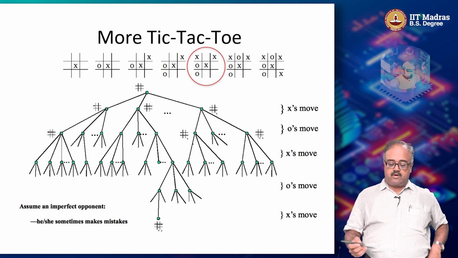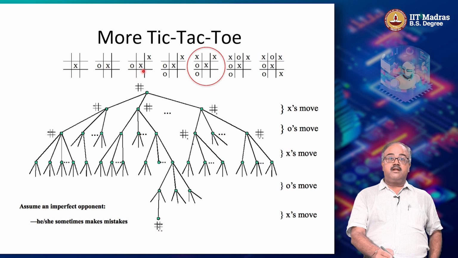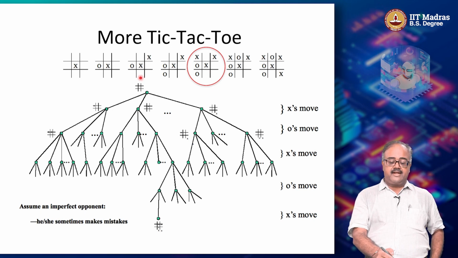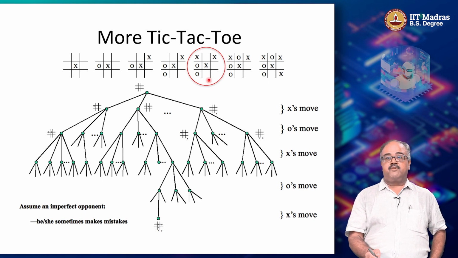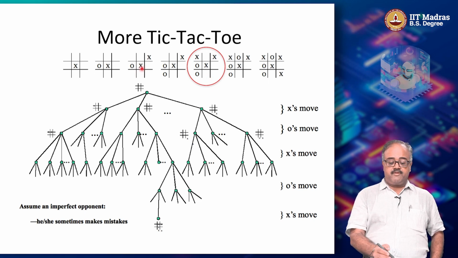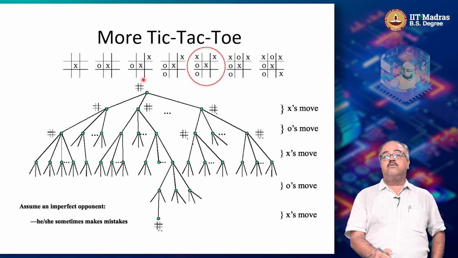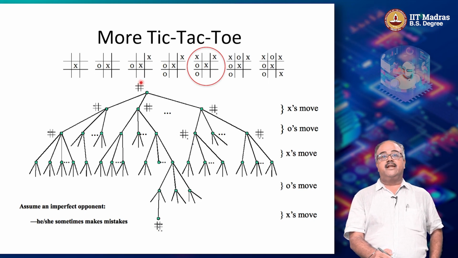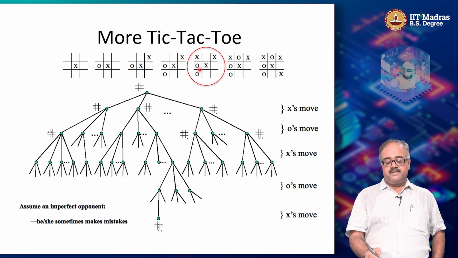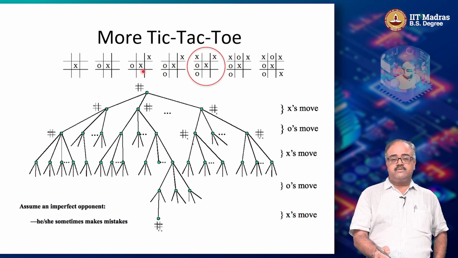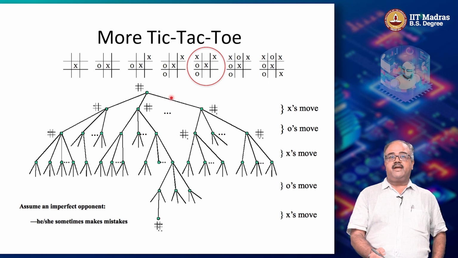In fact, I can do even better. How can I do better? So I went from here to here, and this had a 60% winning rate, and this has a 95% winning rate. And the move that took me from here to here, I've now made it more probable. It's more likely. So what is also more likely? That the number of games I win from here will also go up. It will not be 60, it will go slightly higher. So what is the best I can achieve? It's basically 95. So I'll move the 60 also closer to 95